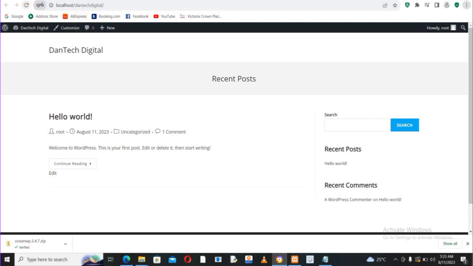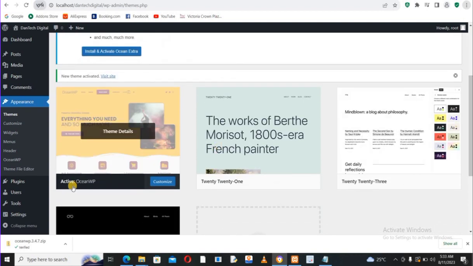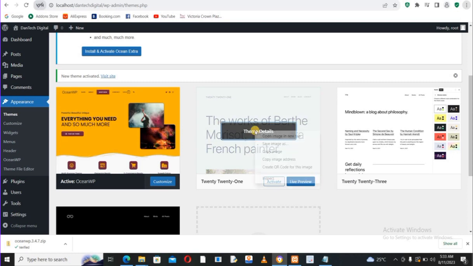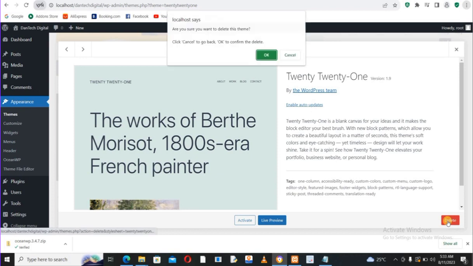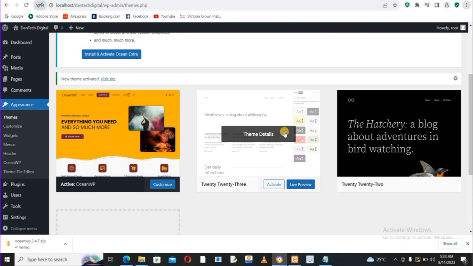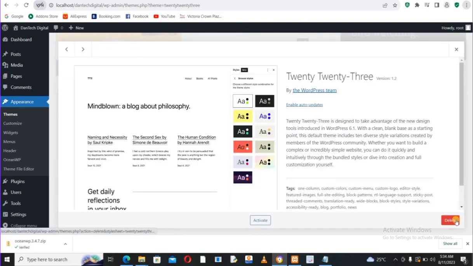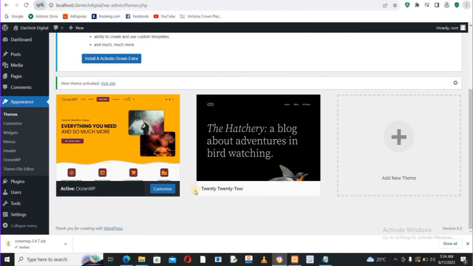So the next thing we want to do now is to go back to our dashboard. We have the theme that is active now. Active theme is this one, Ocean WP. Then I will go and, you know what, I love deleting all these ones. I don't like them, honestly. I love deleting them. Open, delete. So I think let me just leave this one. So the next thing we do here is to